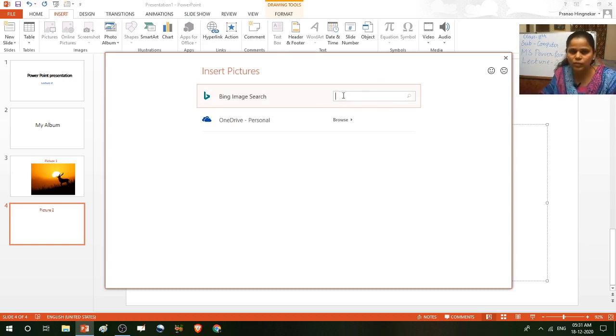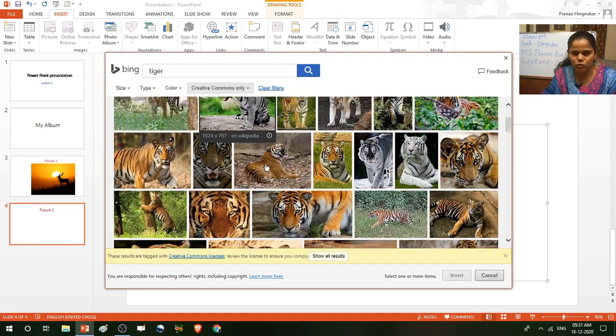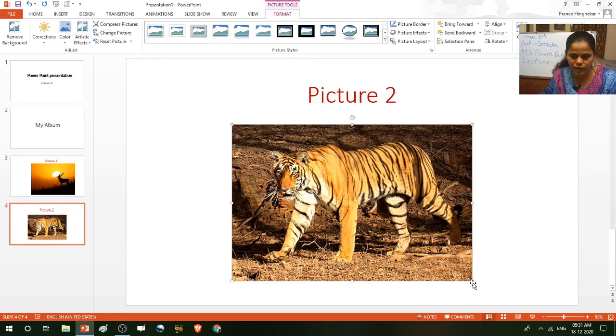Then click on this box and type the name of the picture. If I want to insert the picture of a tiger, so type tiger here and press the enter key. Then here are the pictures of tiger. Okay, then select one picture and click on the insert button. Then one picture of tiger will be inserted.